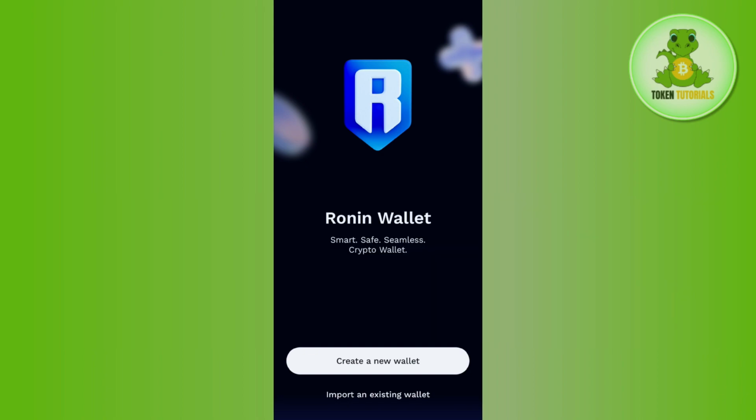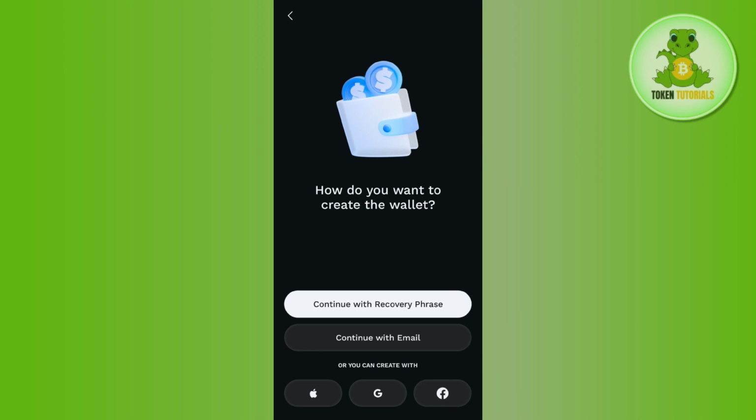In order to do this, you first have to launch your Google Play Store, and from there you just have to download and install the Ronin wallet in your Android device. After that, you just have to tap on it, and once you do this, you are going to see this type of screen in front of you. Now over here, in order to create your fresh account on Ronin wallet, you need to tap on create